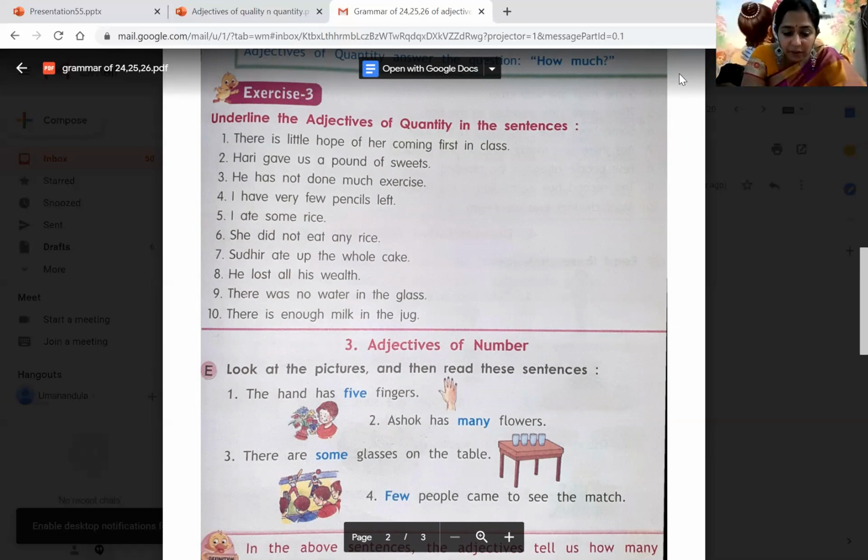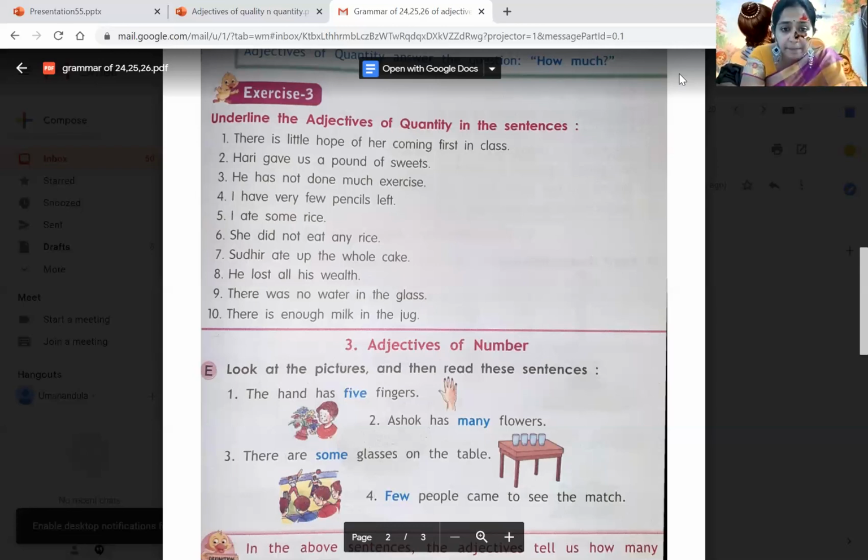Afterwards you can do it. Just listen to me first, or you can do along with me if you can follow the next sentences. What happens, children, is you will be writing along with me and you will be unable to follow the next sentences. This is what I'm understanding these days. But first listen properly. You have time, no? Then you can do it. Anyway, I am sending the PDF answers to you later also to cross-check, right, children? So concentrate on listening first. Right, I'm going to the second part.